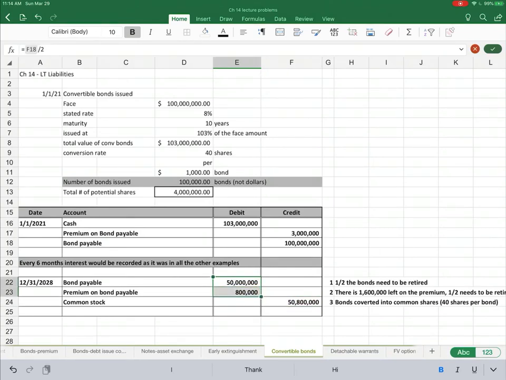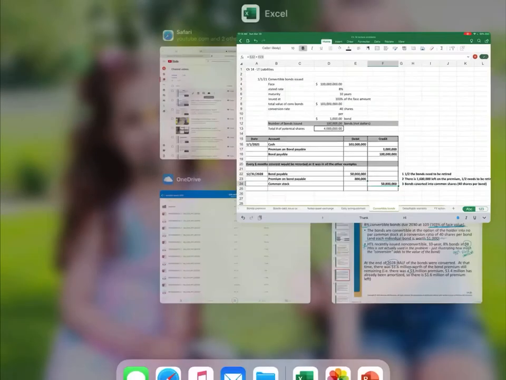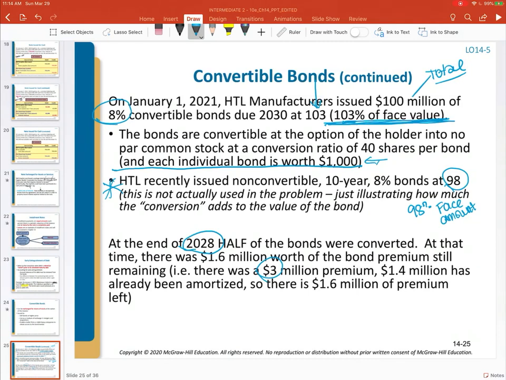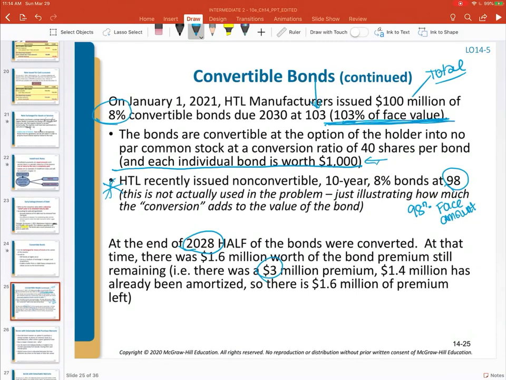Whatever the value of those bonds and the premium was that they traded in, that then becomes the implicit value of the common shares that those bondholders now have. So that is again the example of a bond that comes with a conversion option. The option that the bondholder can convert those bond